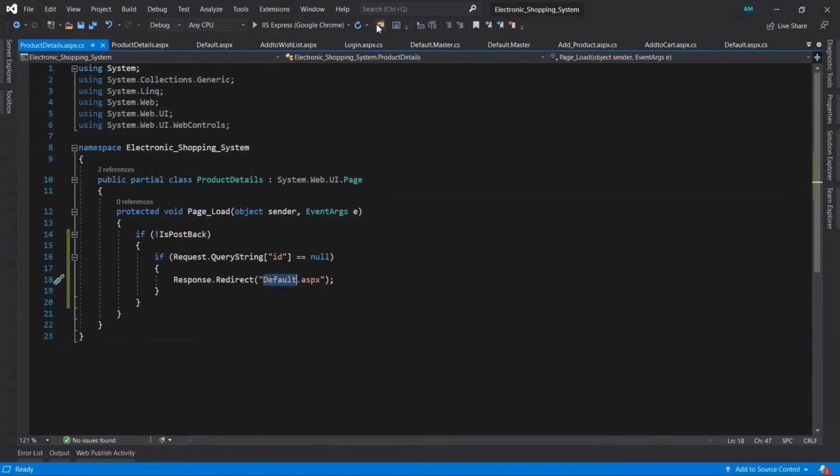So let's give the bootstrap link here to the product details page.